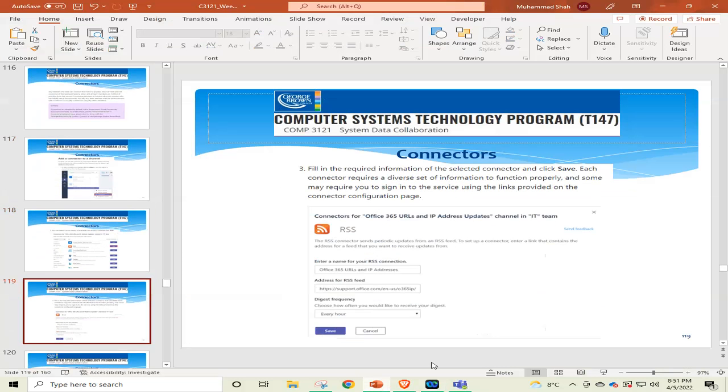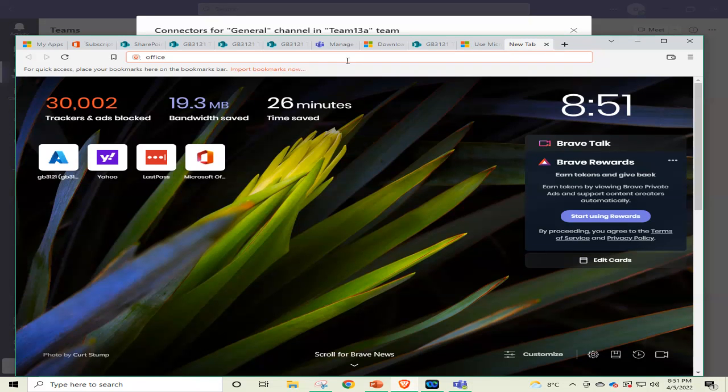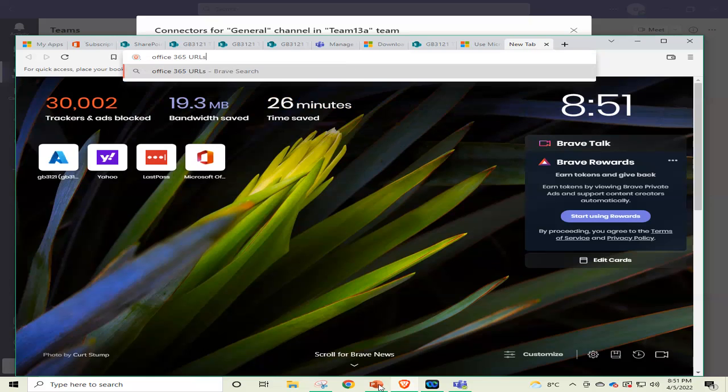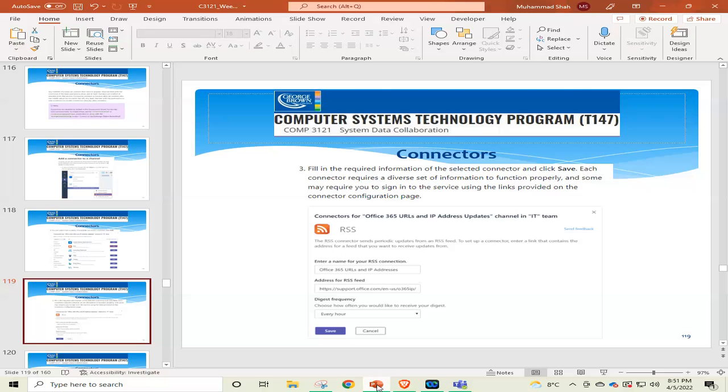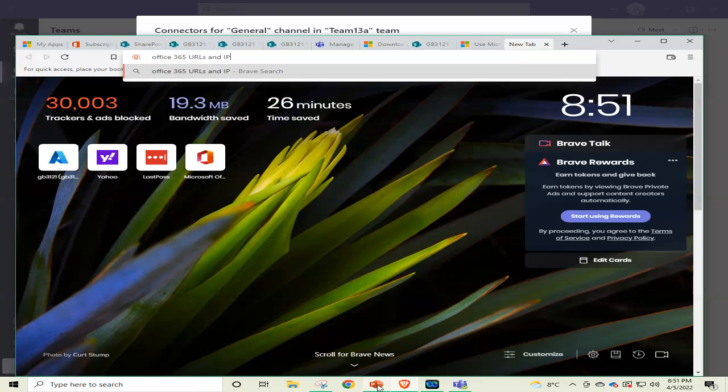Office 365 URLs and IP addresses. RSS address. Let's see what happens.